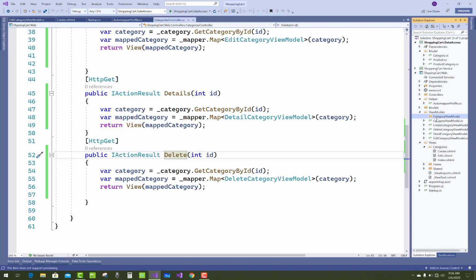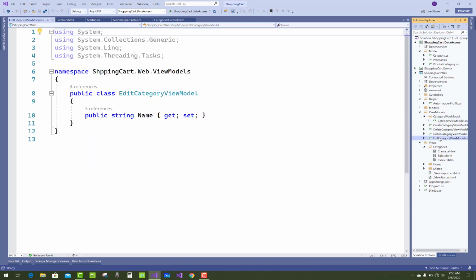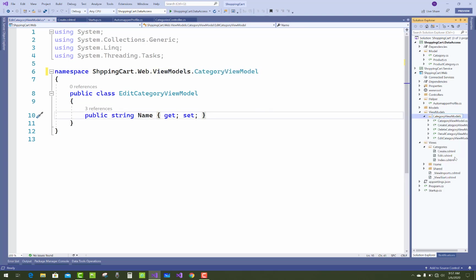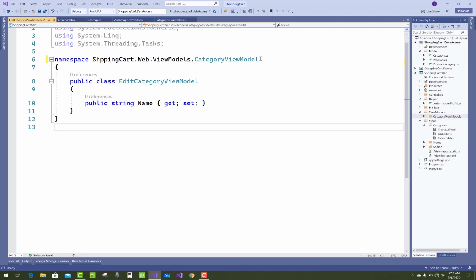Okay, there are a lot of view models, so just drag and drop. These are all view models which are outside of your category view model folder. So just paste them inside it and change the namespace of each view model. So just open all the others and change the namespace of all remaining view models.